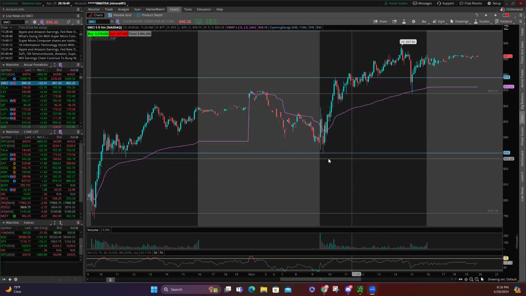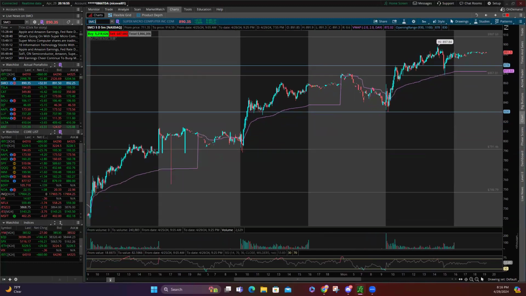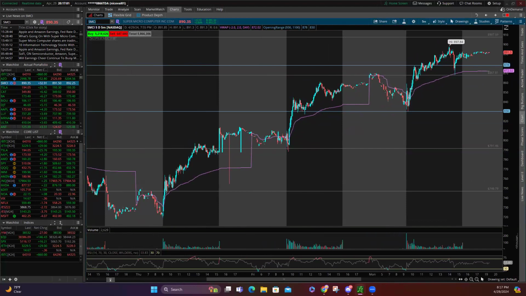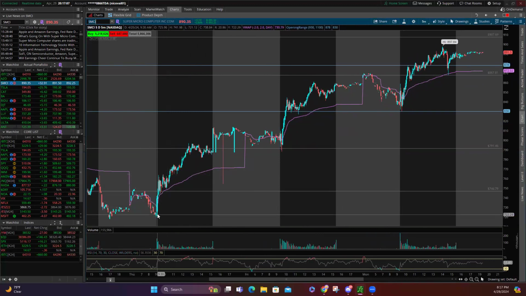So for the ones that love to trade SMCI, look at it. This is great. This is the chart for today. The only indicator that I have on SMCI today is VWAP. So you see how you could have entered at VWAP here, but then you need to know where to get out. Or another technique or strategy that people use is, if I get in at VWAP here, I hold while we are in an upward trend until we touch again, and then you have this move all the way here, and then you can see if we go down or it's just a touch and we go up again.